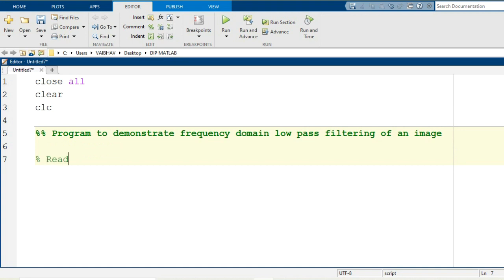Here first of all we require one image to process. So the first module will be to read the input image. I will generate a variable capital A with the help of the MATLAB syntax imread followed by a pair of parentheses, inside which we need to provide the file name along with its file type, added within a pair of single quotes. The most popular cameraman.tif, the standard image dataset, I am going to use here.